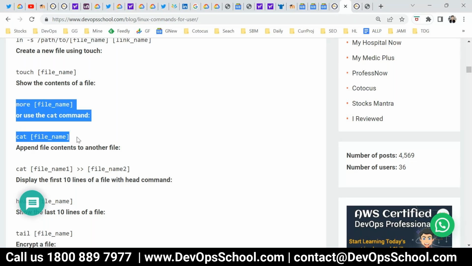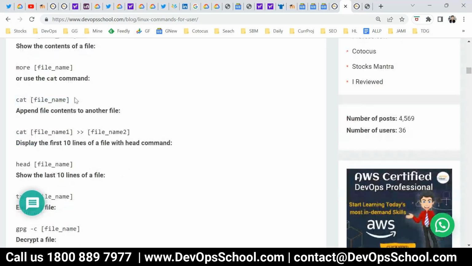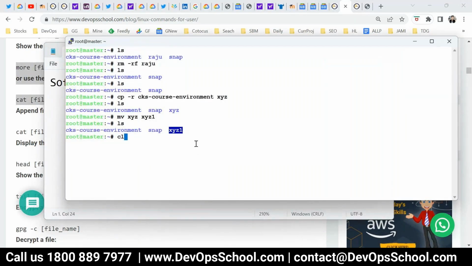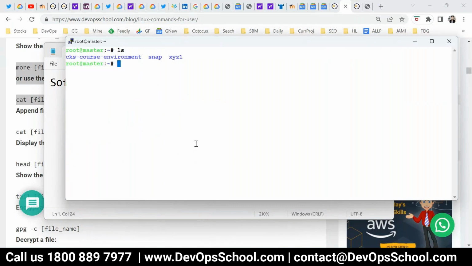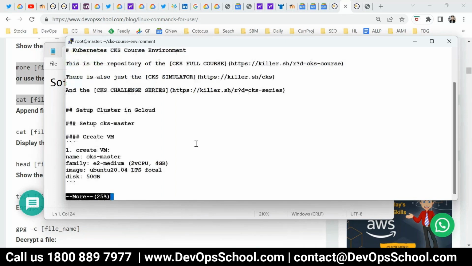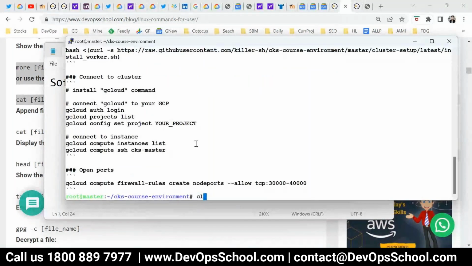So more, cat, I don't use cat, I've got a habit somehow, a bad habit of more actually, so it's up to your habit. You can use cat also. Okay, so these are the combinations you can try. So for example, let me show you here. There's one file, touch, or else I should have some file inside, say this readme file. more readme, enter, see the content. Control C. Now cat readme file, see.